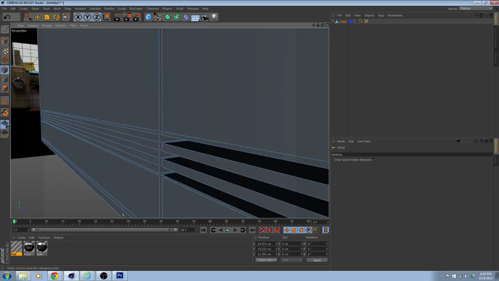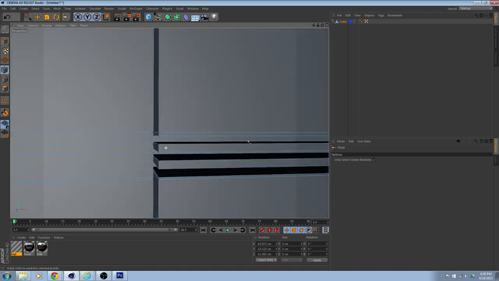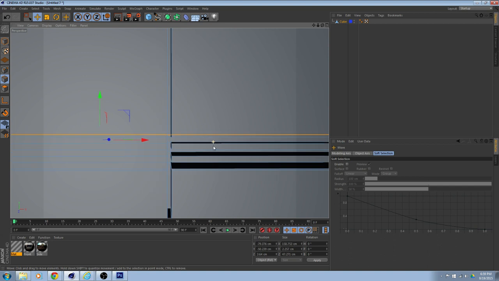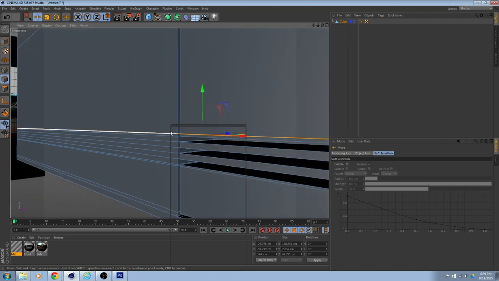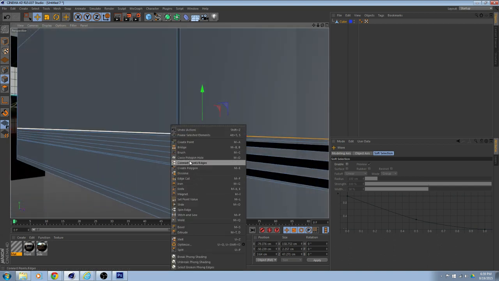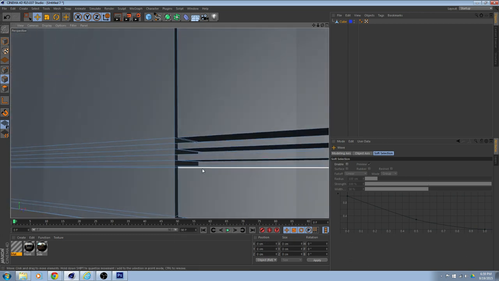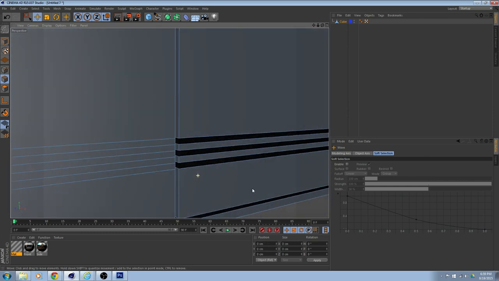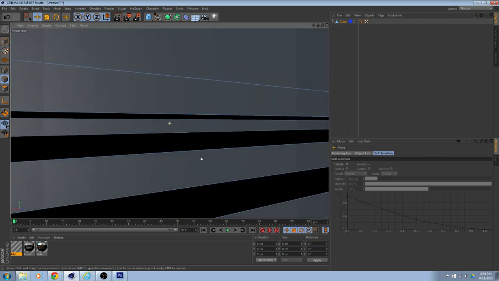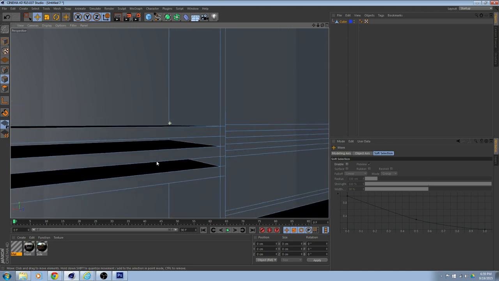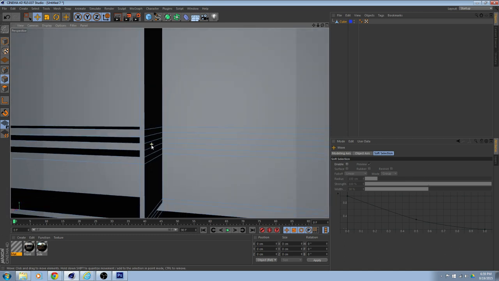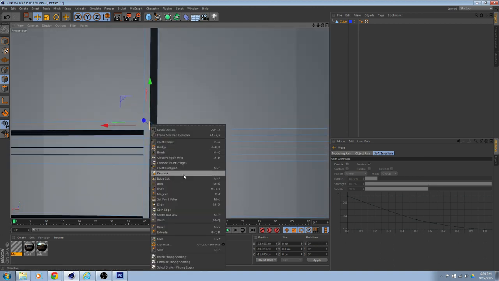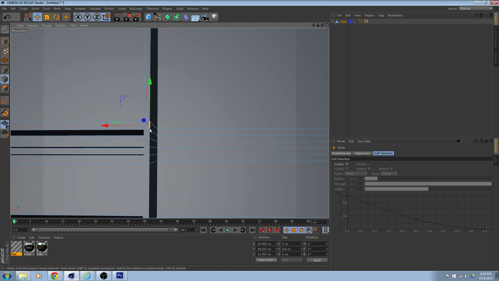So now we're going to work on cleaning up this geometry because of this particular cut. First thing we're going to do is we're going to get our edges. We're going to double click this top part right here. And since I don't need this, I'm going to go ahead and dissolve. Same thing for this one. Dissolve. And then what we're going to do is we're going to collapse this line right here by